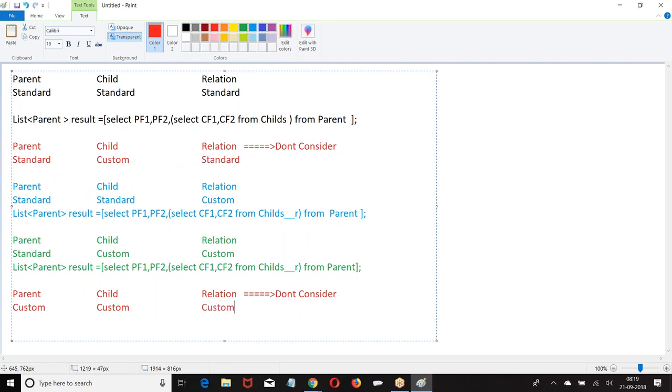Yes, there is a possibility. We have done customer and parent, customer and loan. We have done those type of relations long back.